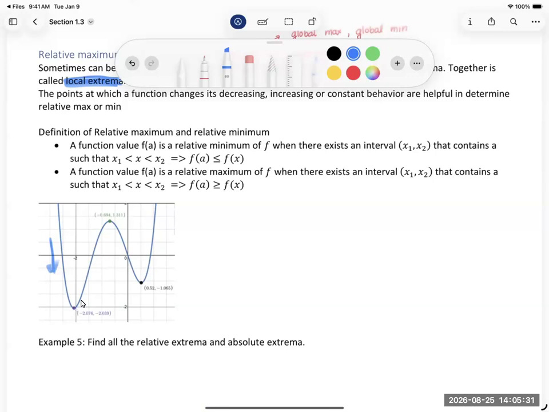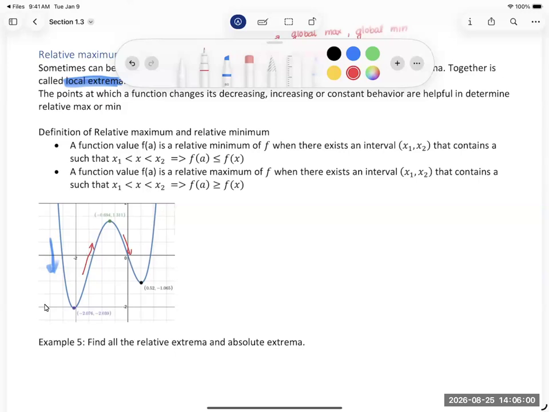After this point, I can draw an increasing arrow until this x value, negative 0.694. And after this value, my graph keeps dropping again. So I draw the arrow down until the x value is 0.52,